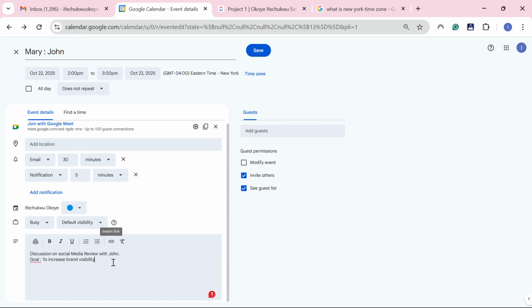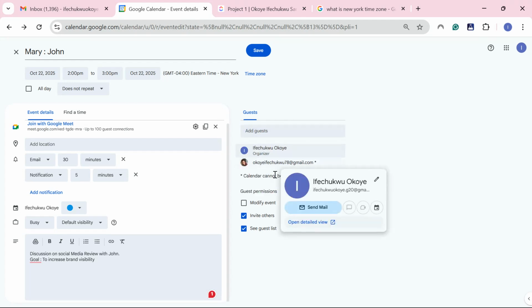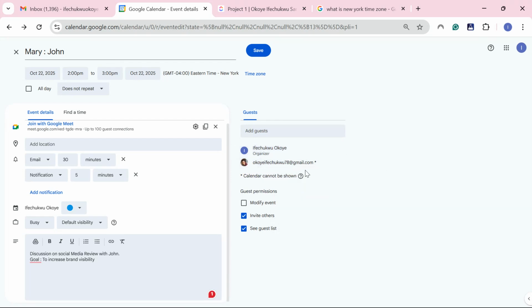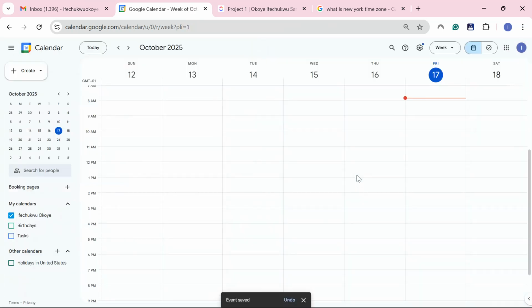Once you're done with this side, I'm going to add John's email address. Let's say this is my client's email address. So then adding that, you click on send, and that is going to send the invitation like Mary. Okay, so